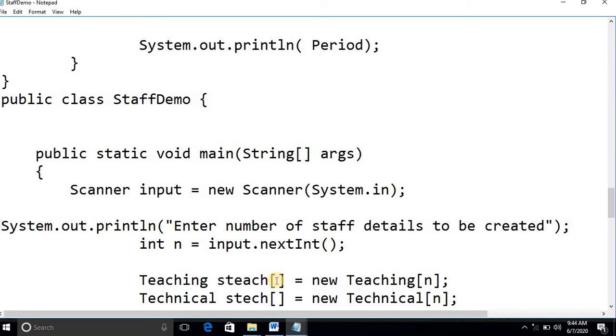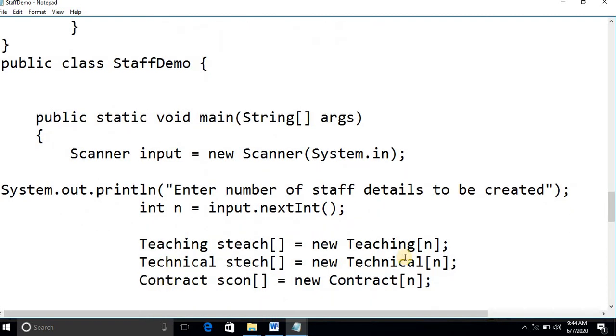Since we have to create at least 3 staffs, and each staff is one object, for that reason I'm creating arrays of objects. If you want three teaching staffs, you need to create an array of objects of that. So I'm creating an array of teaching staffs, an array of technical staffs, and an array of contract staffs.